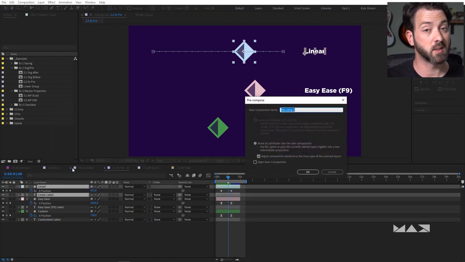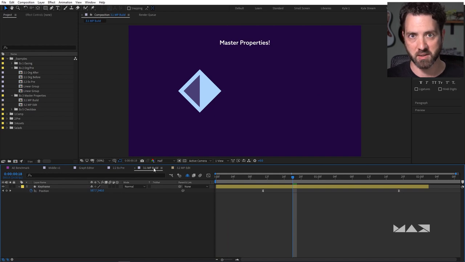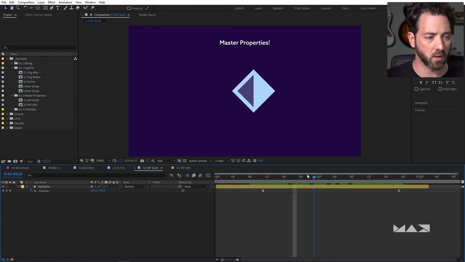And then you're going to give this a meaningful name, right? The only downside is that if you want to make changes inside here, it can mean a lot of back and forth. But After Effects has a solution for you. That solution is Master Properties, which are one of my favorite features and really help with project organization. They're maybe a little hard to wrap your head around at first, but once you do, they are super powerful. So I'm just going to start with a simple example here, and the way that these work leverages the